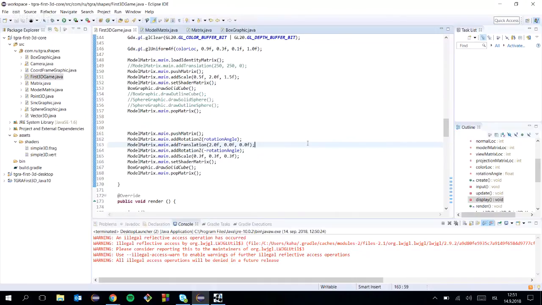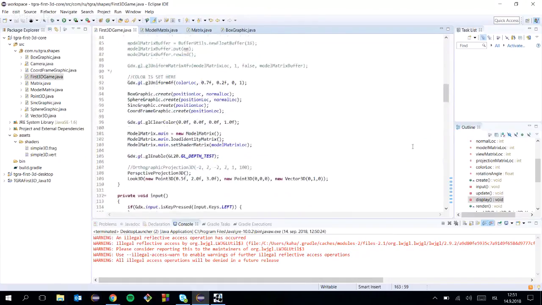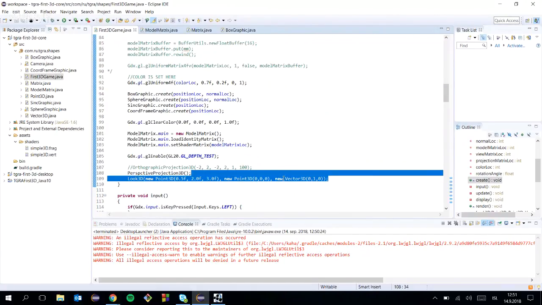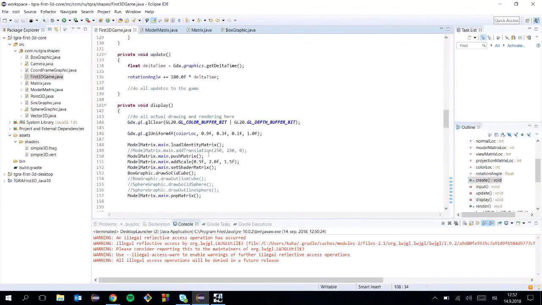To begin with, where are we now setting up our camera? In create. We want to do it in update. Update would be a nice place if we're not actually putting stuff into display. So update would be the place. It's okay to start with some look here just to have a base there, but if we go into update,